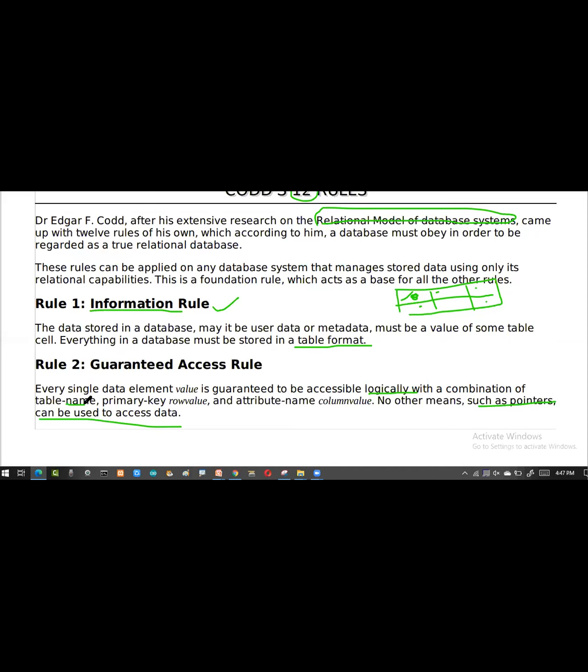Now what is he saying? You cannot access the data using a pointer. This is the pointer concept. If you know C and C++ language, with the help of pointers I can pick up the data. That means if I know the space and place where that particular data has been stored on the hard disk, I can get it. I am storing all my database on my hard disk, in the form of tables, so I should be able to retrieve it only through the table, but it is not like that. This data has been stored on my hard disk, and with the help of the location address, the pointer concept, I can retrieve it.